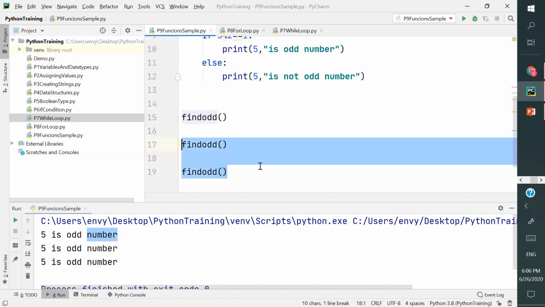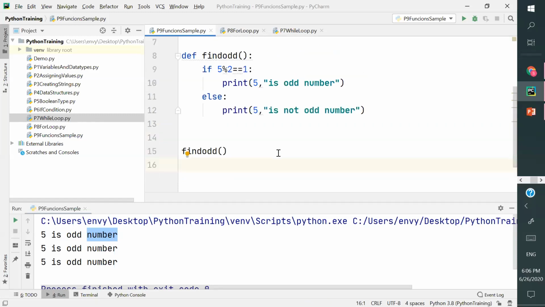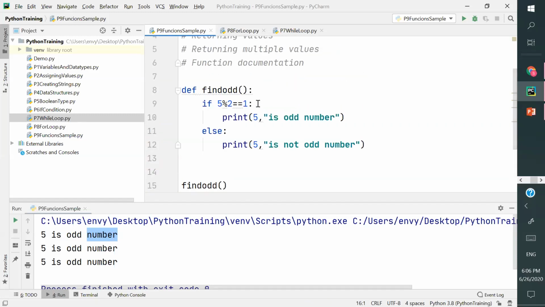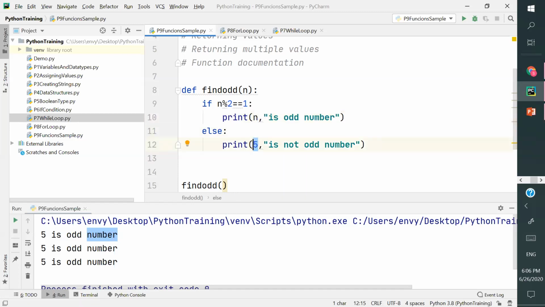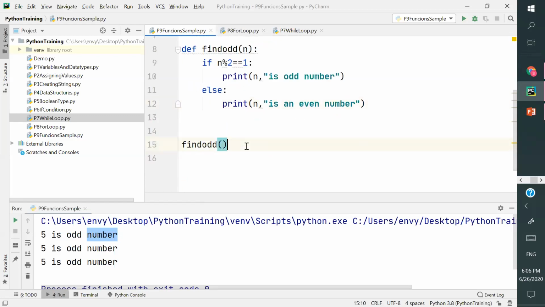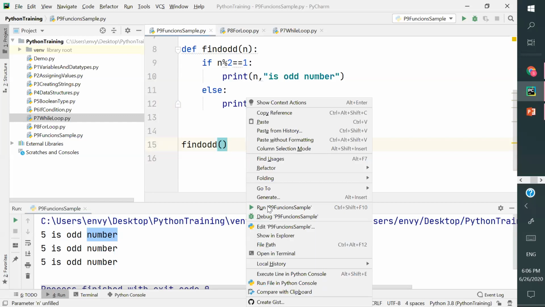Now I don't want it to work only with 5. I want it to work with whatever number I pass. So that's why I can pass a number here. I will replace that with n right here, like this, and I will specify n is an odd number, n is not an odd number, something like that. Now I call find_odd. If you don't pass a value,